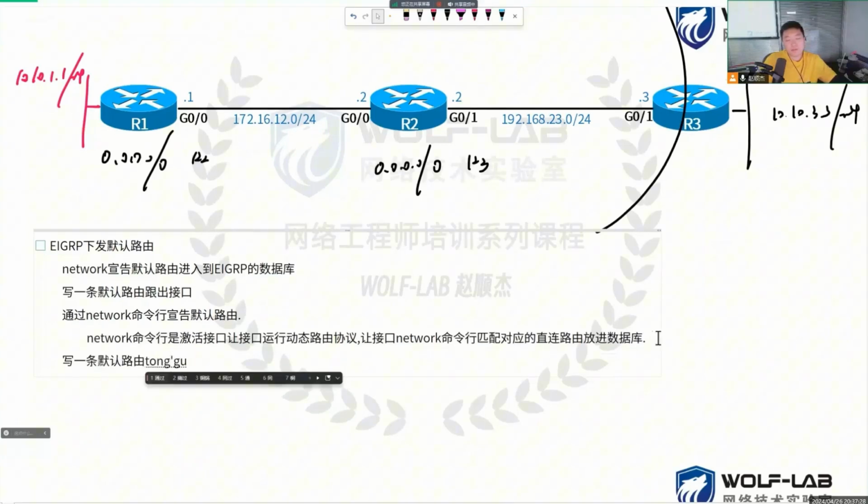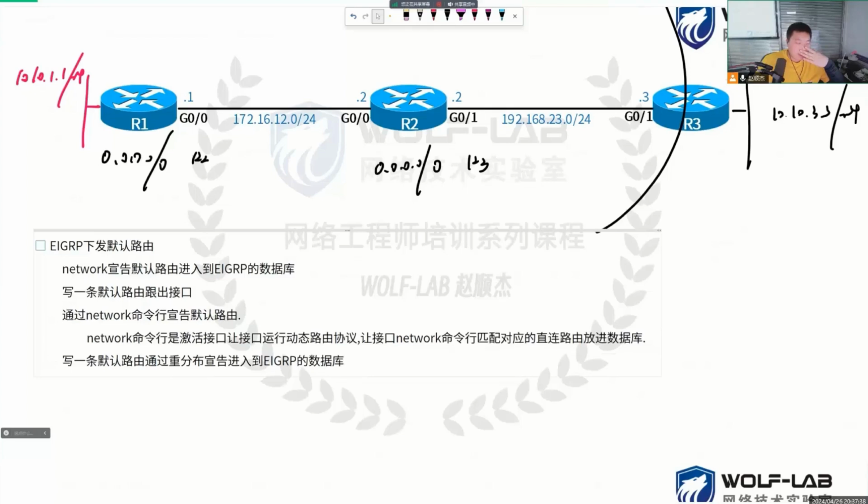What is redistribution? For example, let's consider the same environment. R1 on my left runs EIGRP, on the right runs OSPF, so two different dynamic routing protocol networks, and only R1 is in between both networks. I can have all the routing entries in the whole network. So in order to connect our two networks, so EIGRP can access OSPF and OSPF can access EIGRP,